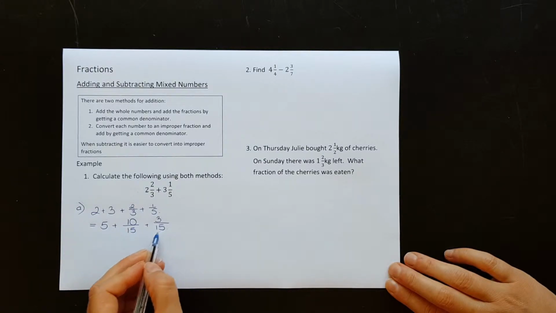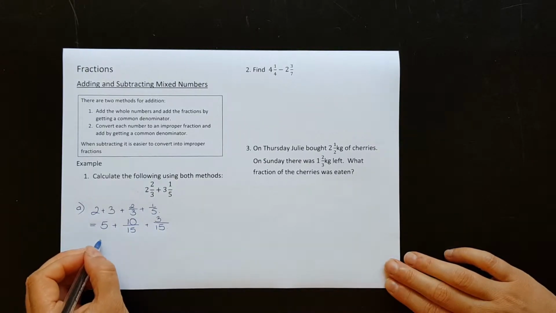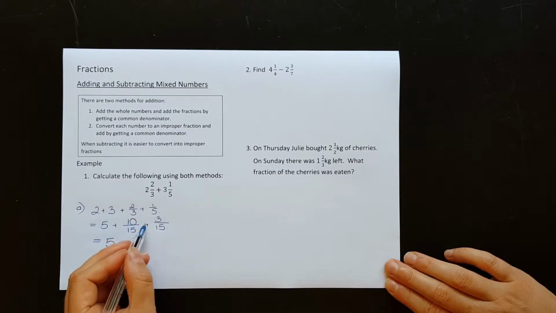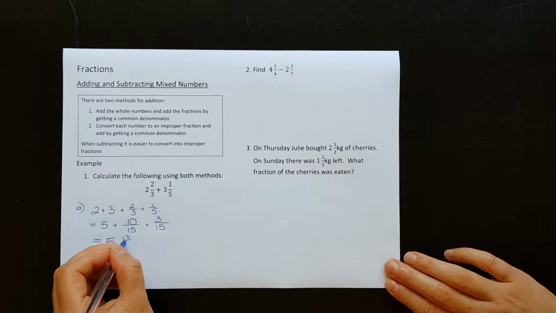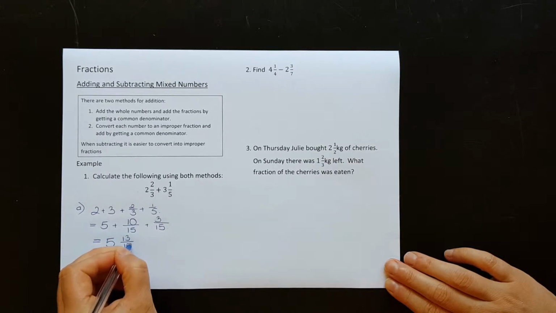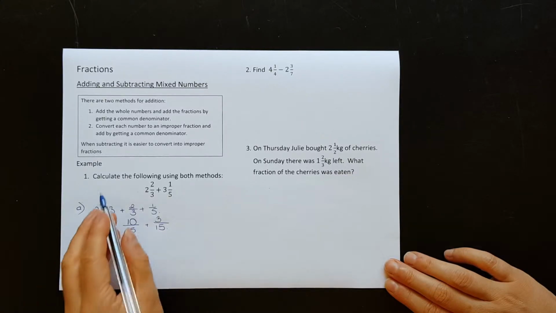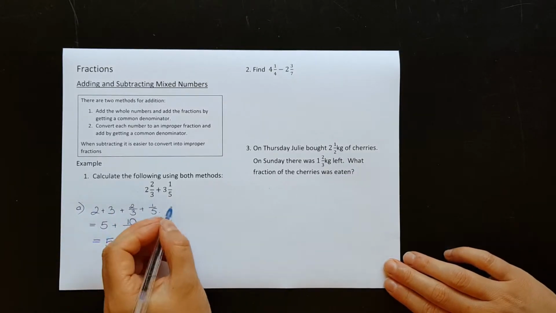Okay, so now that we have the common denominator, these fractions can be added together. So our 5 will be sitting out the front. 10 plus 3 makes 13 over 15. Okay, and that's the answer using the first method. Let's do it again now